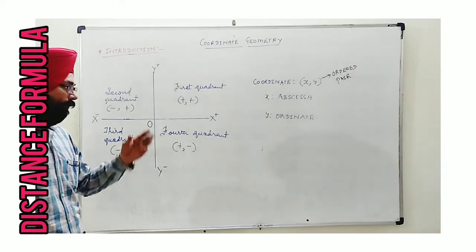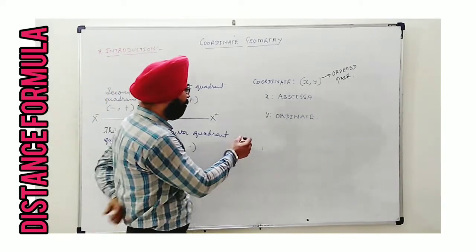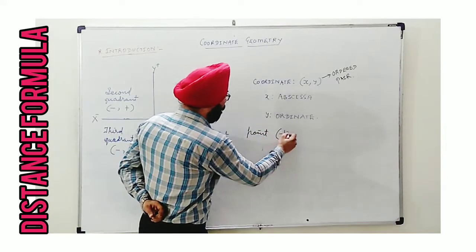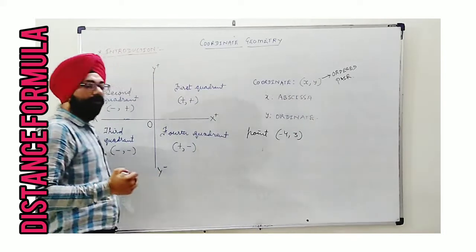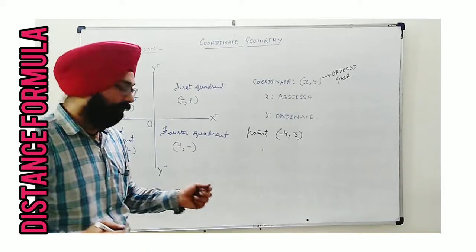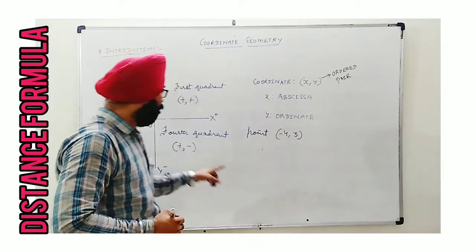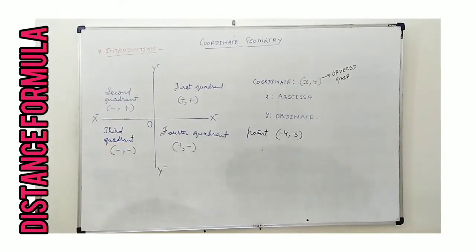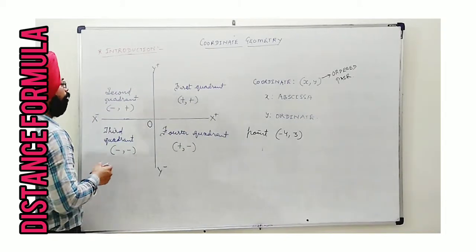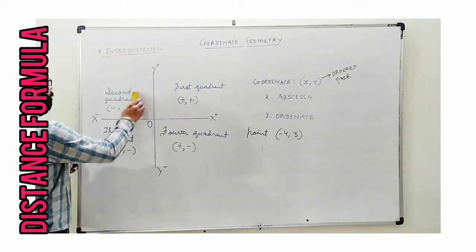So this way, whenever a point is given with the coordinates, for example, if I write randomly any point (-4, 3). To locate its position, first of all we have to see the sign convention. Sign of first value is negative, minus, and of second is plus, minus plus. So according to minus plus, we have to spot the quadrant. I see it is of second quadrant. So what is the meaning of this (-4, 3)? When I plot this, here on second quadrant. Let's see.